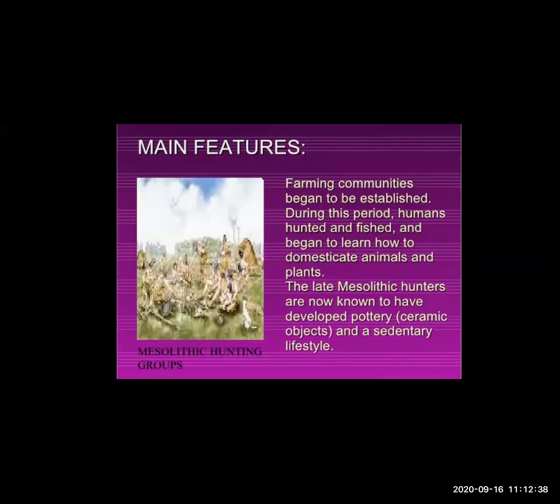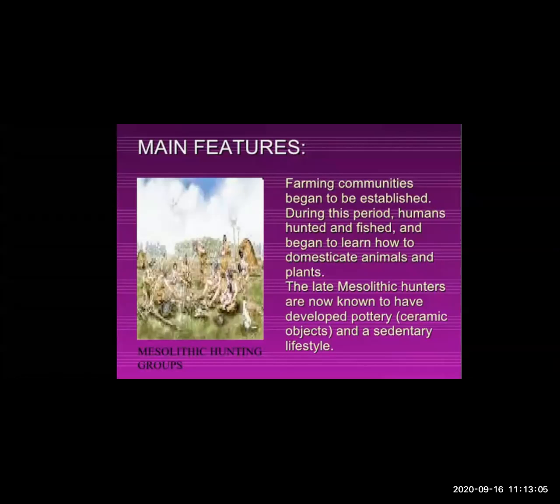Take the example of ourselves. If you go to your native place and stay there for two to three months, you will also start to take on their culture and behave like them. Like that, these people who migrated from one place to another started to obtain the culture of that particular place.